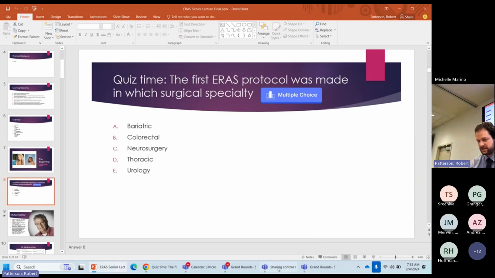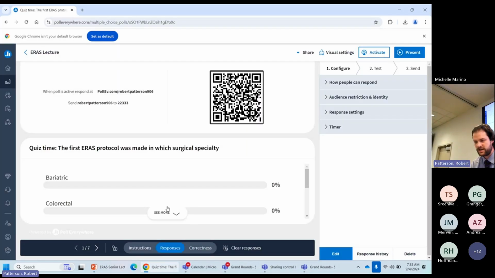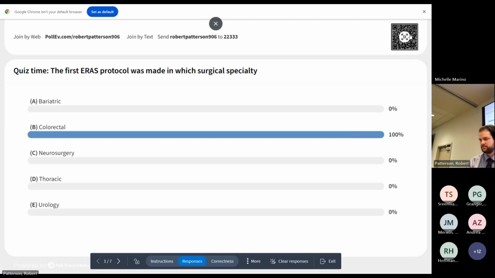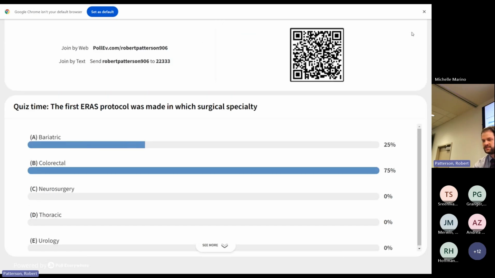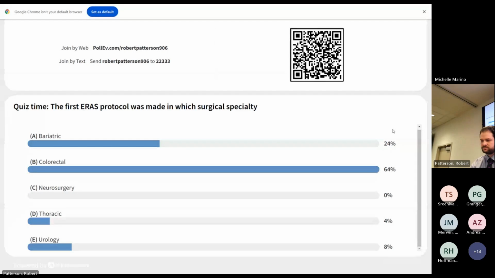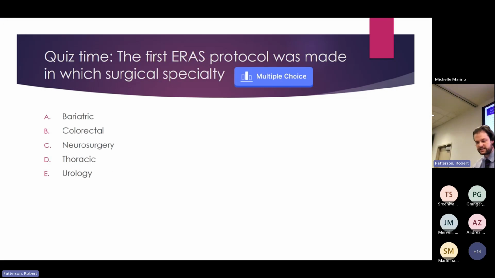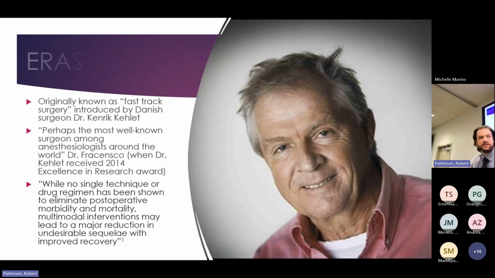All right, so quiz time. The first ERAS protocol was made with which surgical specialty in mind? All right, so it looks like the heavy favorite is colorectal. Congratulations, that is correct. ERAS originally started under the name of fast track surgery by Dr. Kehlet, a Danish surgeon,